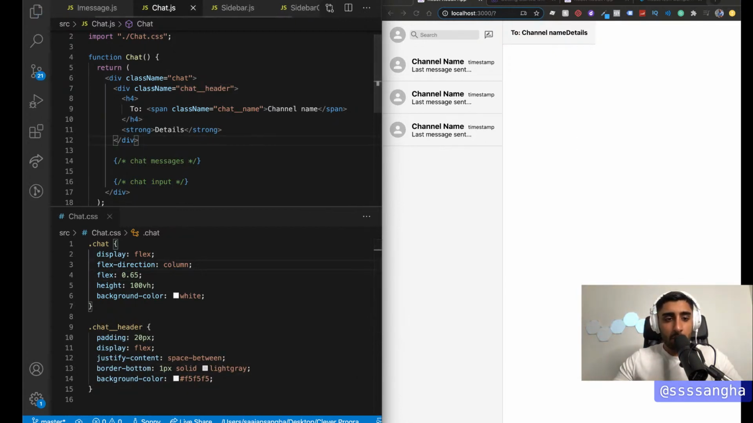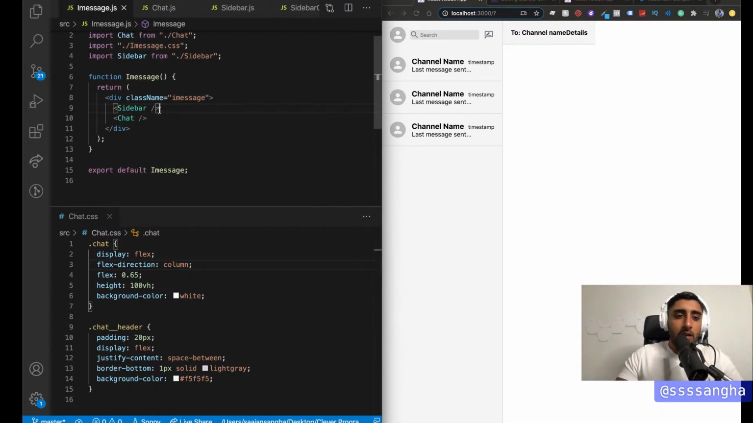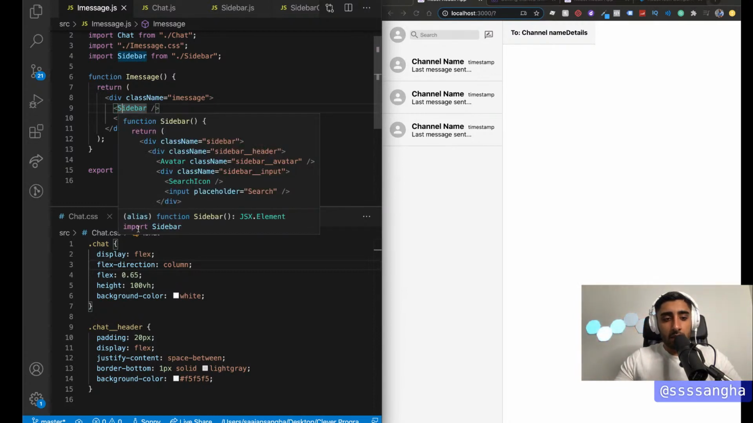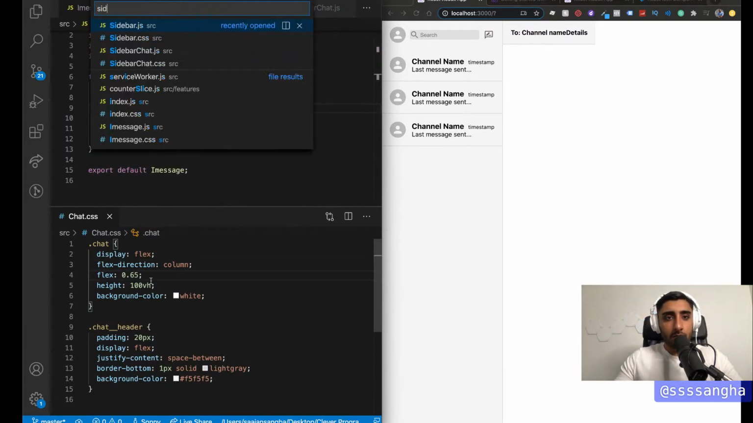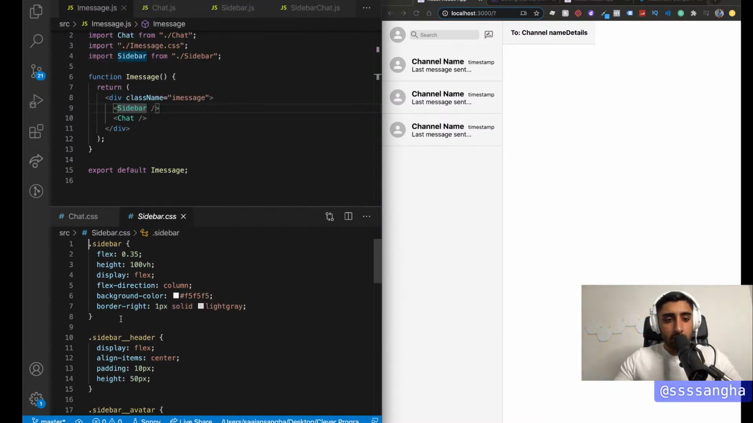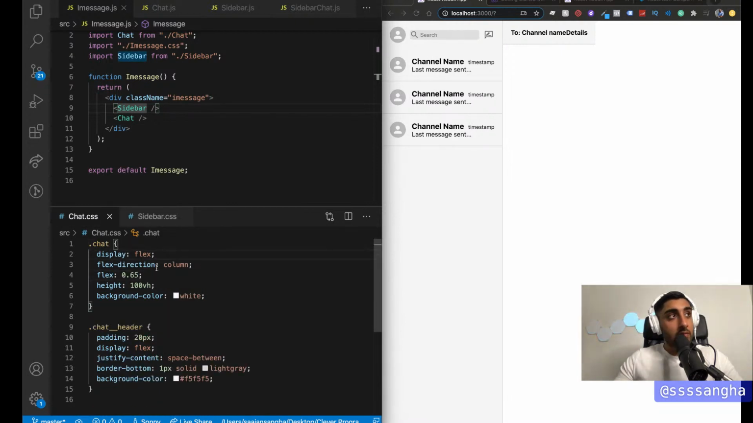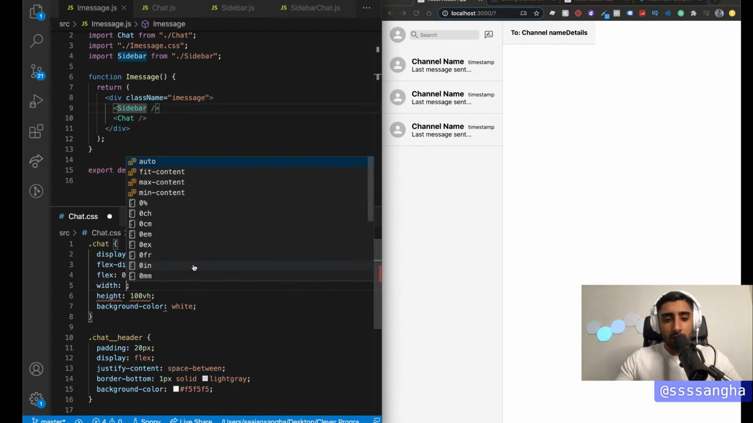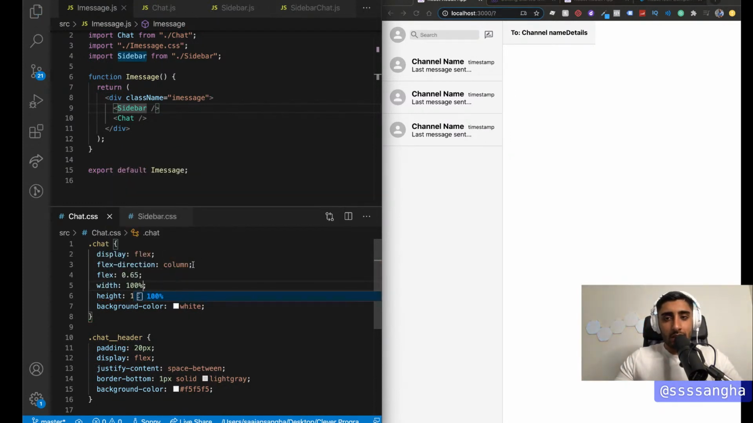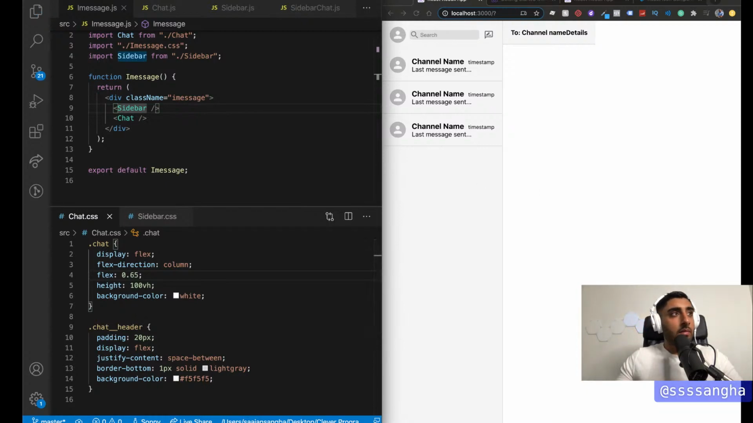Right, so chat sits inside of iMessage. iMessage has sidebar and chat inside of it. So let's open up our sidebar .css, and here we've got 0.35, right? So display flex, okay. What we could do at this point is say width. I don't really want to do width of 100%. I don't really like that approach, right? But